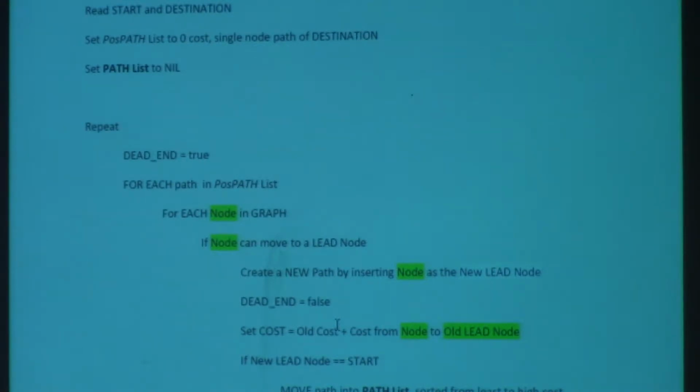So I'm going to consider that, and for each node in the graph, if any node in the graph can move to a lead node, meaning if I can go from another node, A, B, C, D, E, F, G, H, I, if any of them individually through this loop can go to J, then create a new path by inserting this node. Notice I've highlighted the word node, so you know it's referring to the same one. So node right now is going to be any node in the graph. I determined that this node can move to my lead node, which is J, as an example here. Therefore, I'll create a new path,